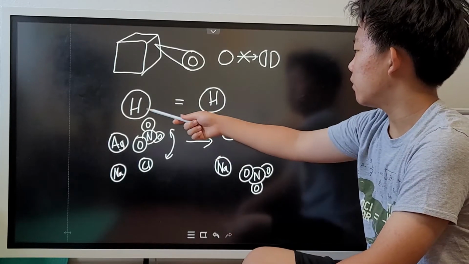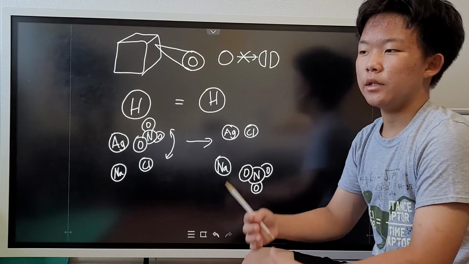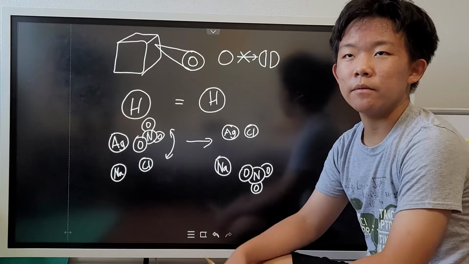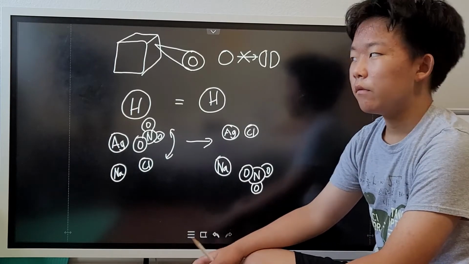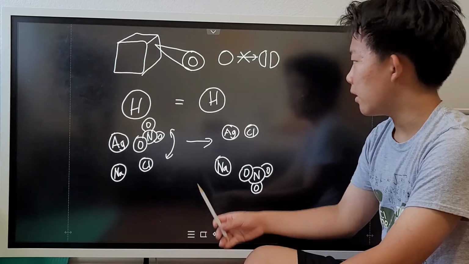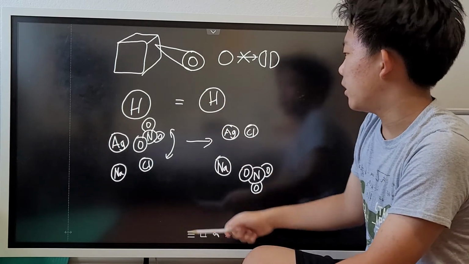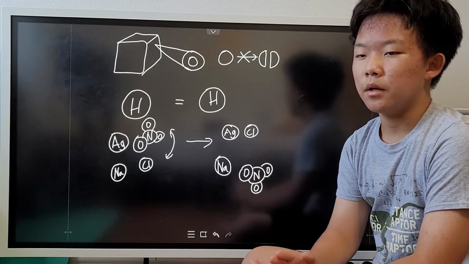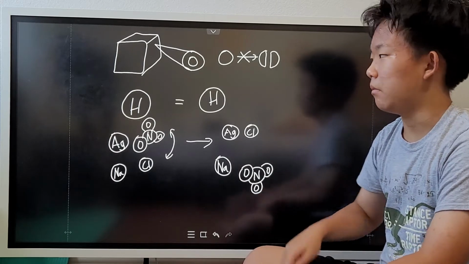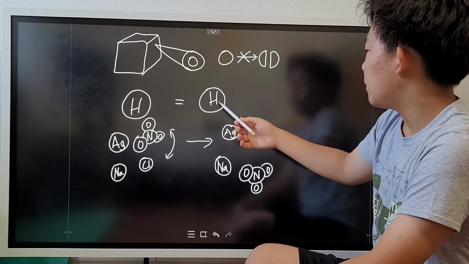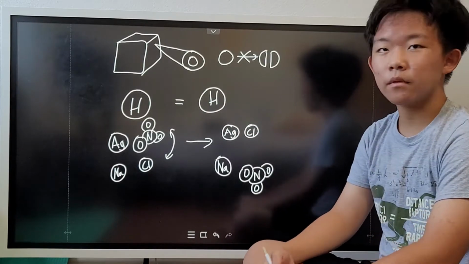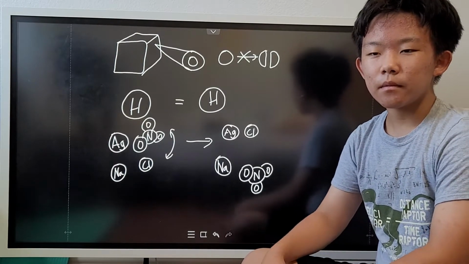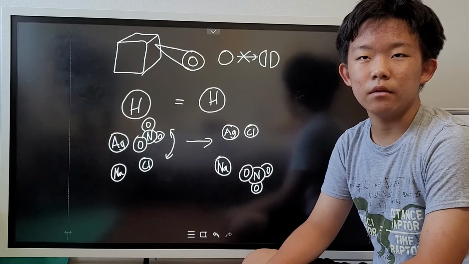Next, the second rule is that each atom of an element is the same as every single other atom of the element, and it is always different from the atoms of other elements. For instance, if number 2 is correct, this hydrogen atom over here will have the same properties, like say the mass, the reactivity, the amount of bonds it can produce, the amount of electrons, and so on. Everything else is the same as the other hydrogen atom here. This was soon disputed by the fact that isotopes exist, but Dalton's atomic theory is still a very important